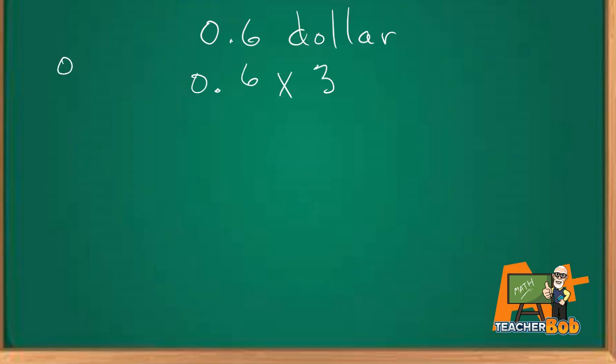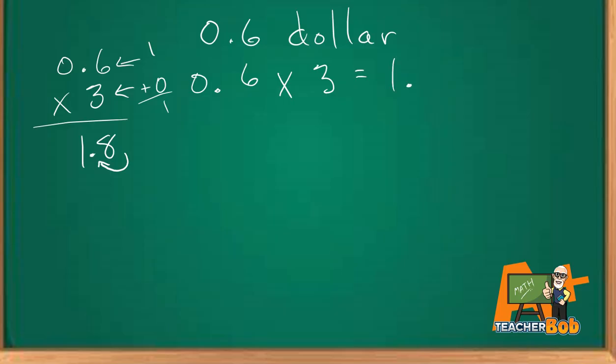We're just going to multiply those two numbers. Forget about the decimal until the very end. 3 times 6 is 18. How many numbers are to the right of the decimal? Well, there's 1 here, 0 here, 1 altogether. That tells us to bring the decimal back 1 place. So our answer is